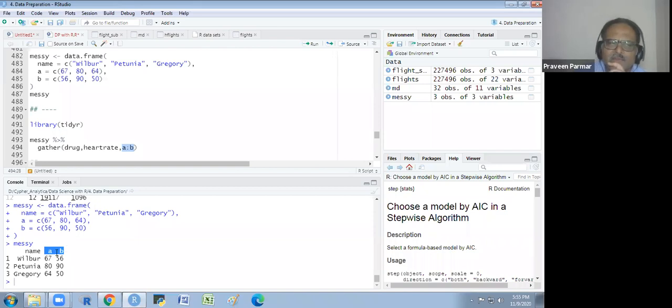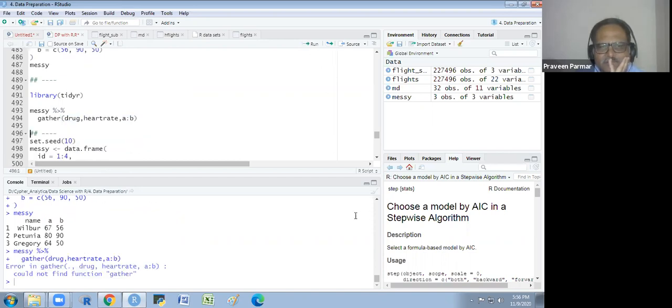So A and B I will include in the drug, so in the drug column you will get A and B both. They would not be separate. And heart rate is nothing, it's just the value here. We will make another column for these values. I will just show you, then you could better understand.